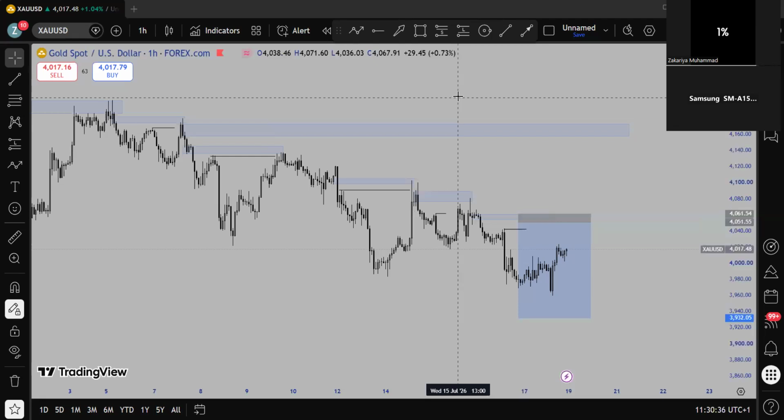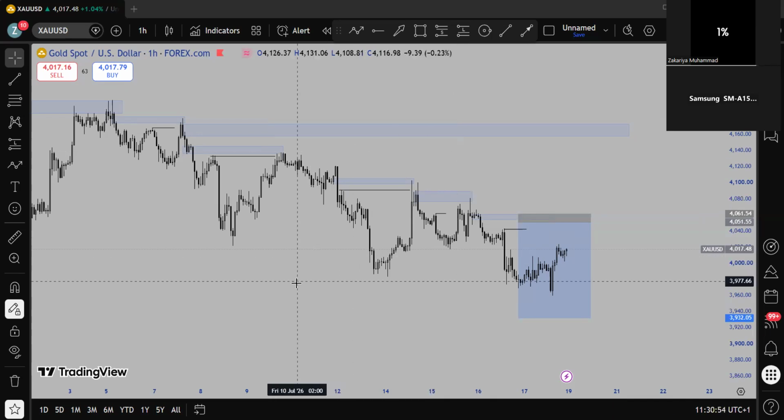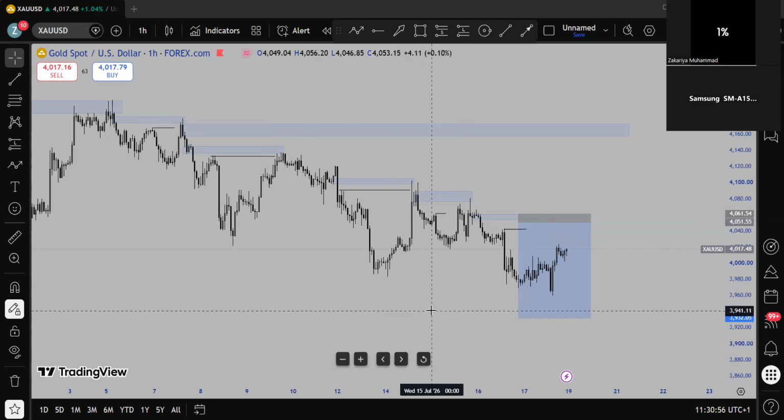Is it moving efficiently? When I say efficient, I mean is structure being respected? That means if the market wants to buy, it will make a higher high, then come back and make a higher low, then continue pushing up. In the process of making that higher high and higher low, a bearish market tends to come into a supply zone to keep selling. A bullish market tends to come to a demand zone to keep buying.